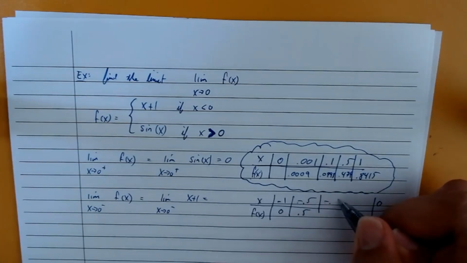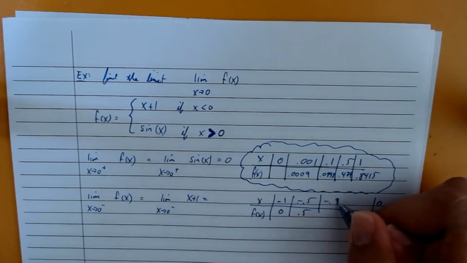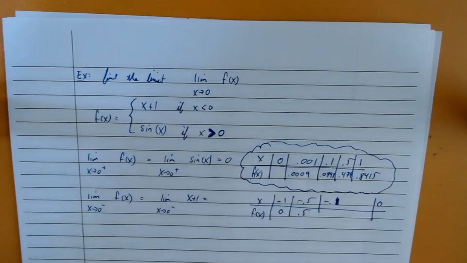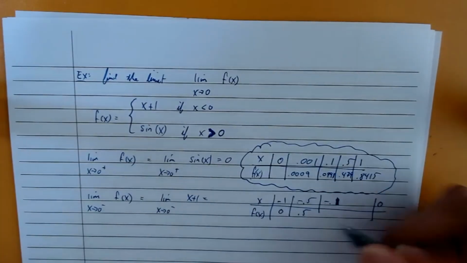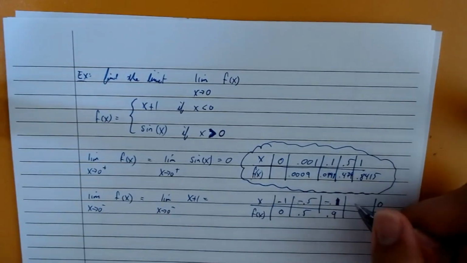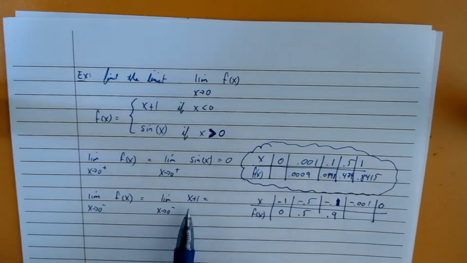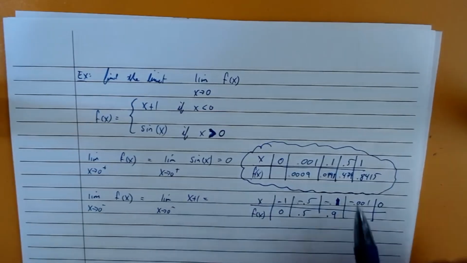Let's try negative 0.1. Negative 0.1 plus 1, I get 0.9. And let's get really close to 0. Let's say negative 0.001. If I take negative 0.001 and I add 1, that's going to give me